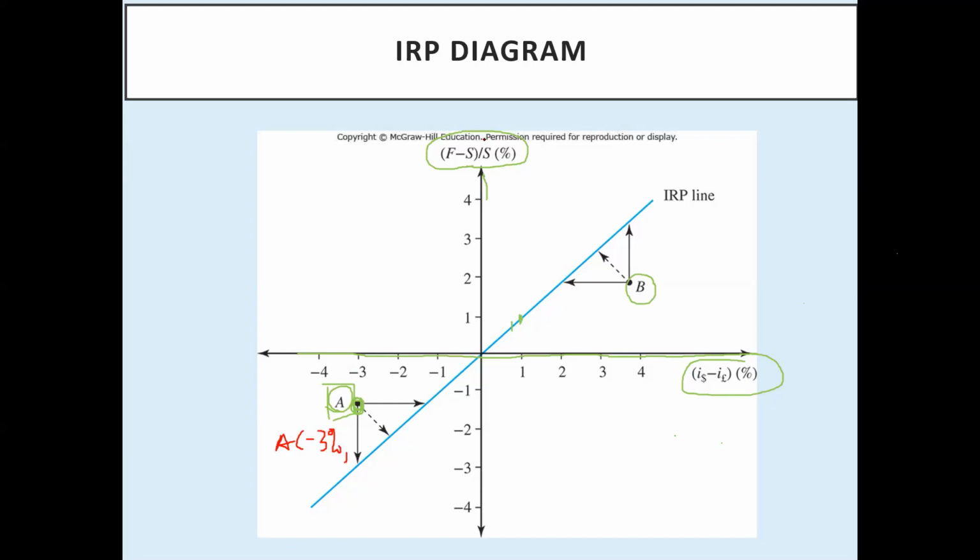Whereas the difference in the exchange rates for A is only minus 1 something, okay? So in this case, it looks like the IRP does not hold, okay? So when the interest rate is lower than the exchange rate, in this case,